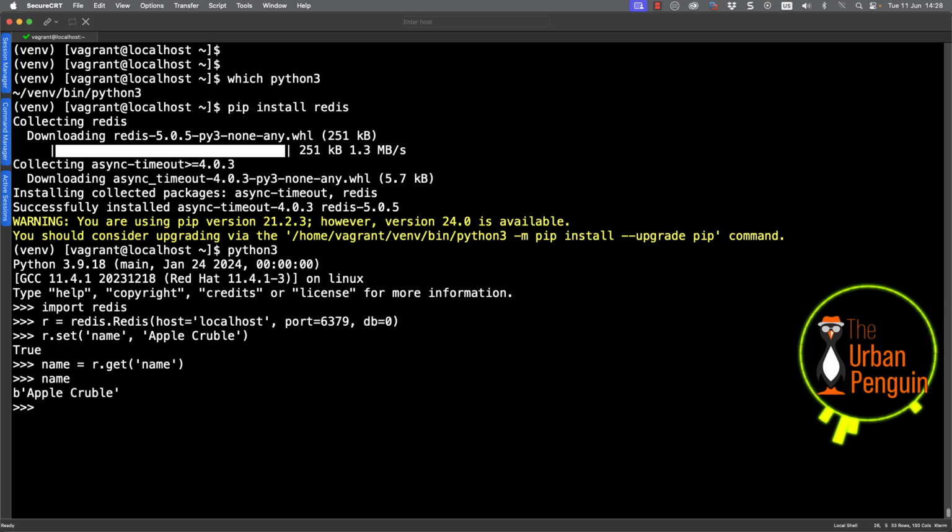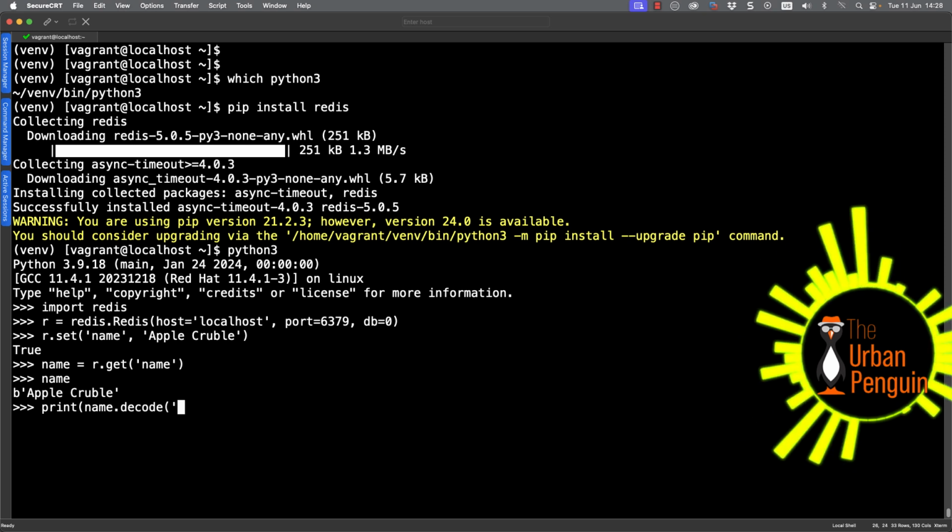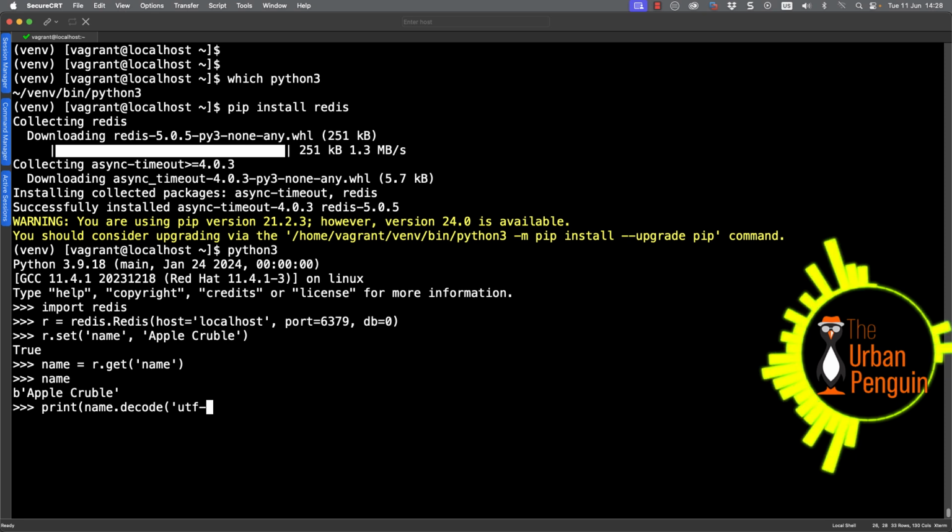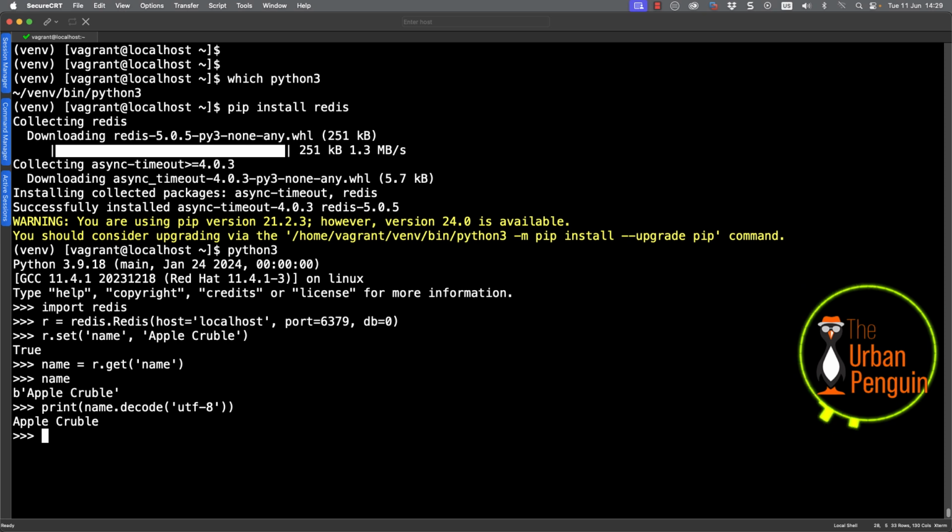When we look at it, we can see that it's in a byte format, so we need it in a string format. So generally, when we're going to print this out, we can print name.decode, and then we'll have it decoded as our string format UTF-8, and then close the two parentheses, and we get our apple Krubel being printed out.